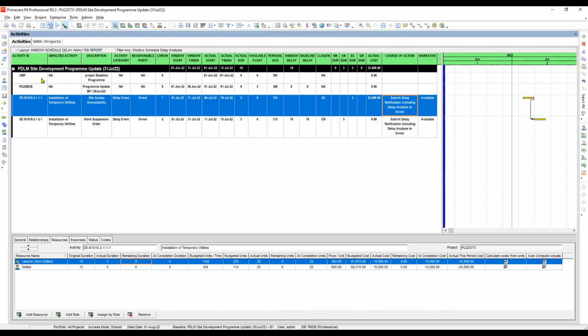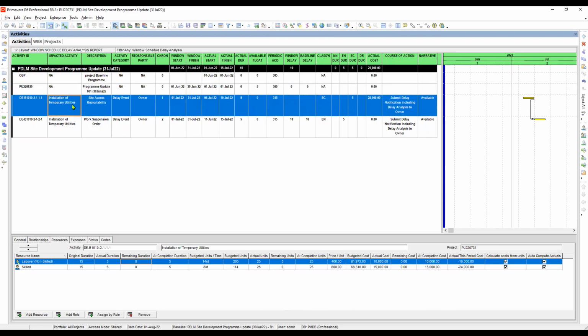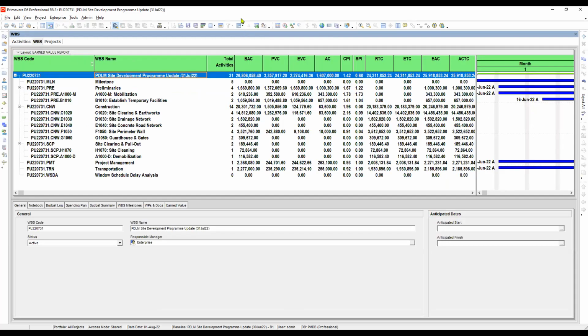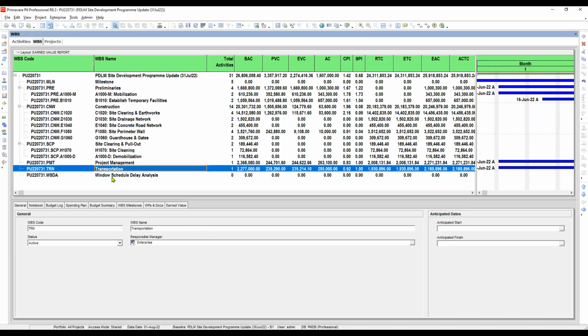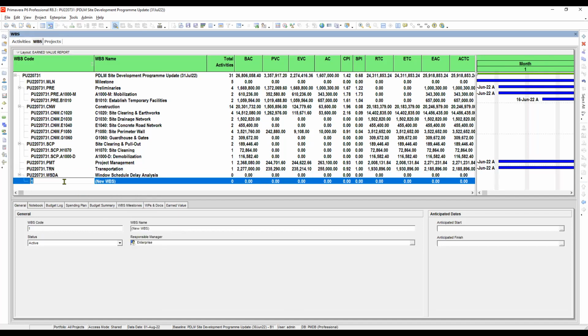Okay, so what we need to do here, we will organize this by WBS, so that it will be more organized when you look at it. So we will go to WBS. And then here, under here, we have already the Windows schedule data analysis header. So we will add, let's say, we will add